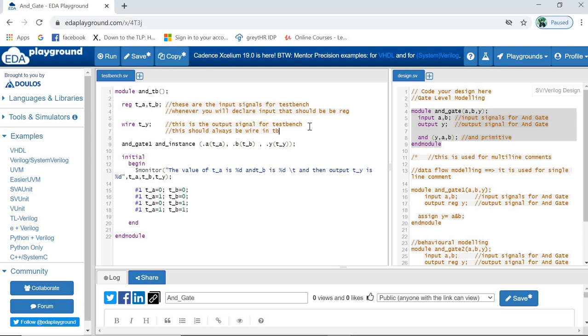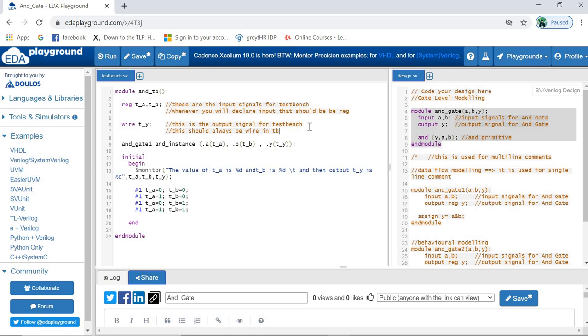So now reg, coming to the point, what is reg? Reg is nothing but a kind of register which will hold the value. Don't be confused between the term reg and a normal register where we store memory. This is just a reg data type which holds the value. If I am not going to place any value onto that variable, it will hold the same value it was holding earlier. Until I place another value, it will hold the previous value. So for holding purposes we are going to use reg. I hope this is clear to you now.